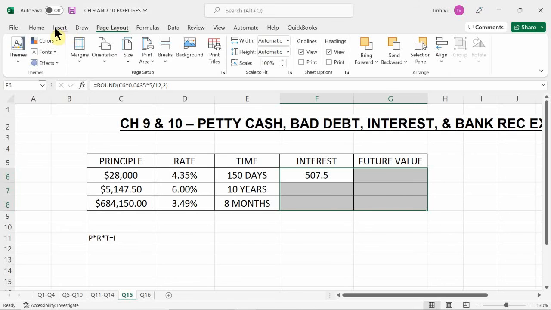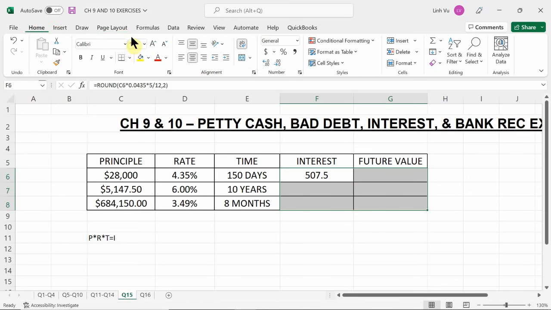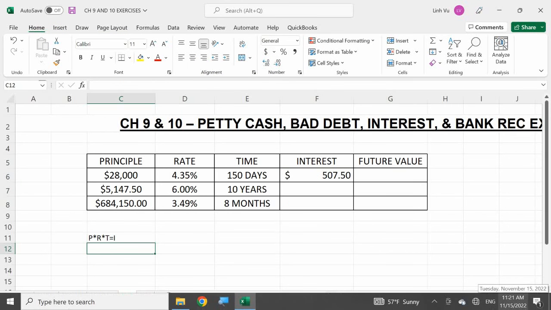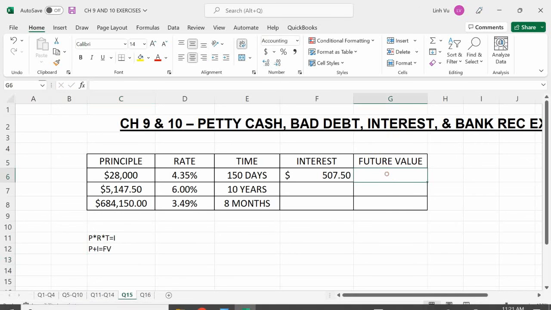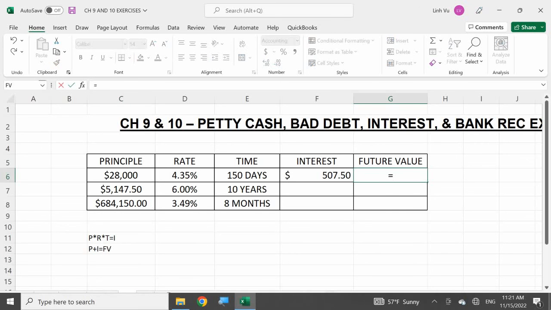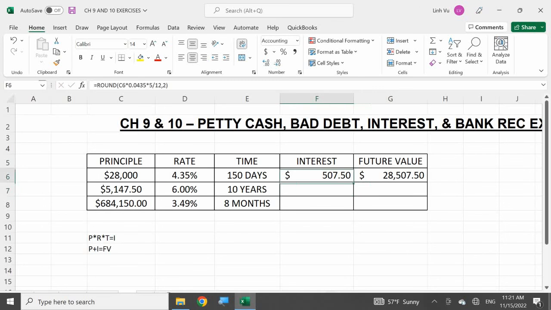Right? My future value is going to be my principal plus interest equals future value. So in this case, after 150 days, this should be a total of $28,507.50. Okay. So next one we have here is a principal of